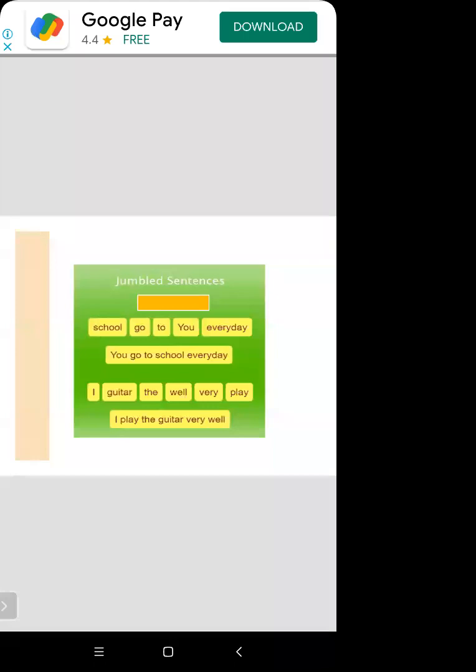This is a sentence. Now the last one is here: I play the guitar very well. Okay, students, so I is here as a subject. कौन गिटार बजाता है? You have to notice the I. I means here we use as a subject. Next one is क्या बजाता है? Play. गिटार बजाता है. Guitar is here as an object. And verb is here as play. Play क्या है बेटा यहाँ पे? Verb है. I play the guitar very well.